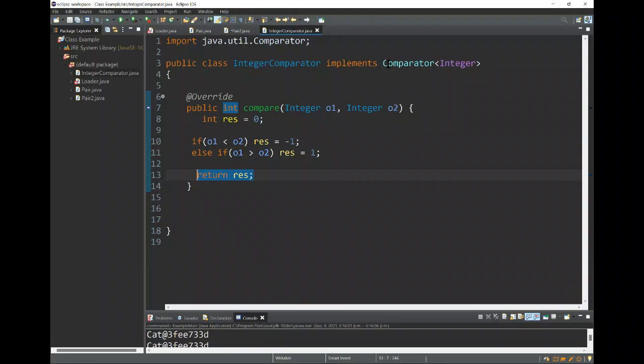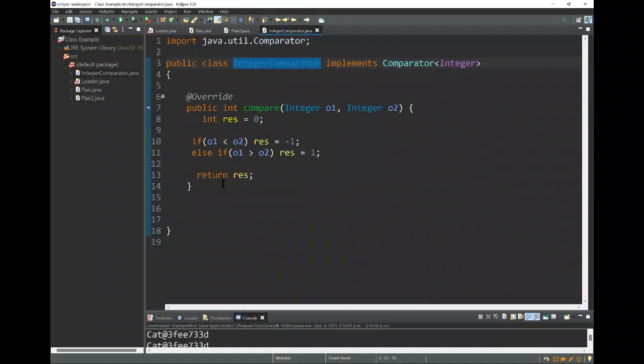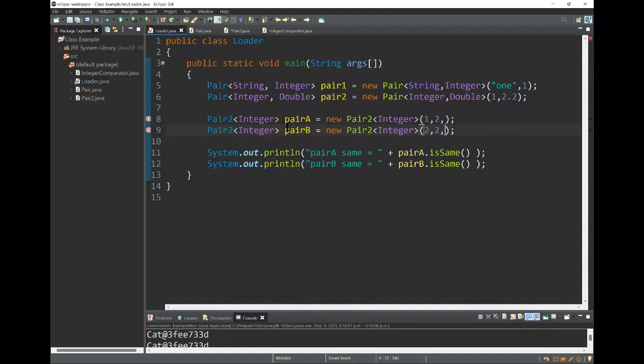So implements Comparator, setting the type, since it's a generic interface, and coding the method following this recognition. Then we can come back here in our loader, and we can have it right here. So we can go new,